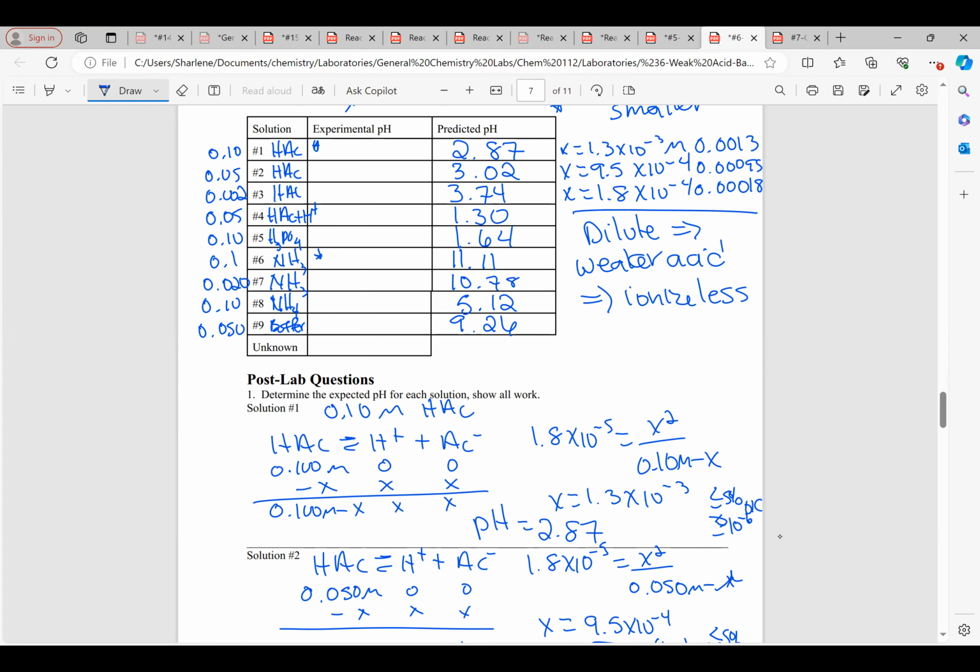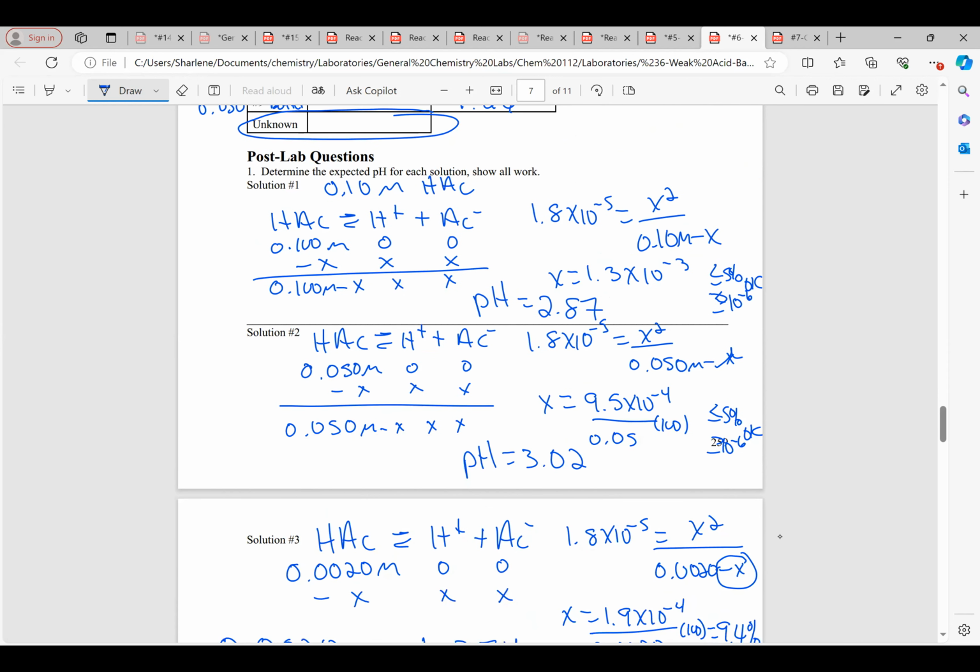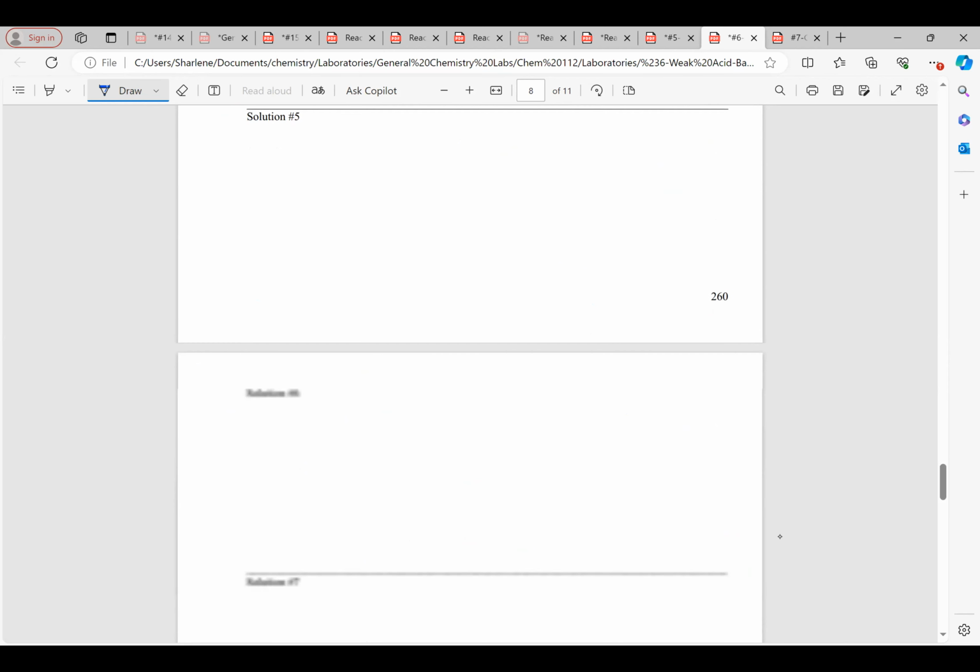The only reason it won't match is number one, because the meter is not working, and so we're going to test it on multiple meters. And two, the concentration in the bottle wasn't quite right. That's why we're going to use multiple meters: we want to see which ones agree with each other. And then I had a wonderful little unknown for you. I'll still have an unknown for you, and then you can math backwards and just tell me what the proton concentration is. Now I know that doesn't seem like a very fun lab, but there's all your sections that I did